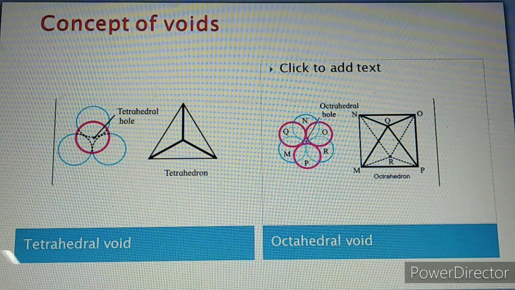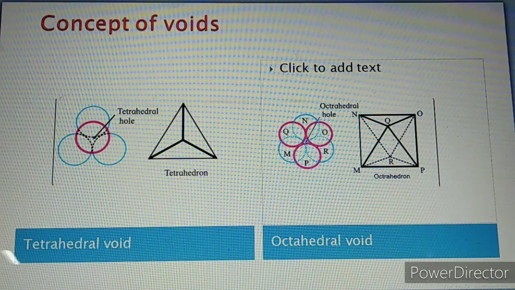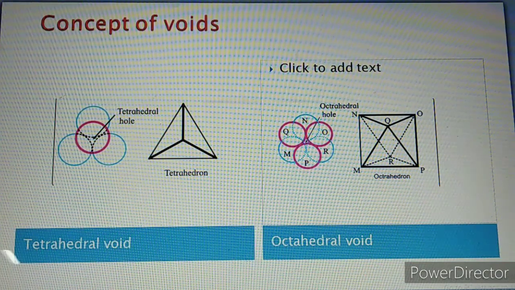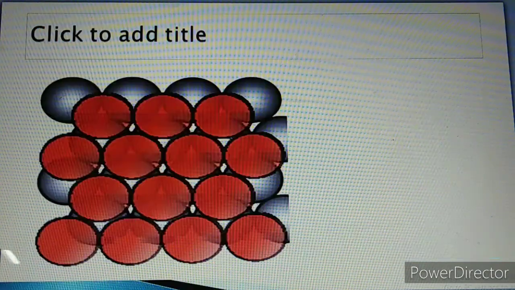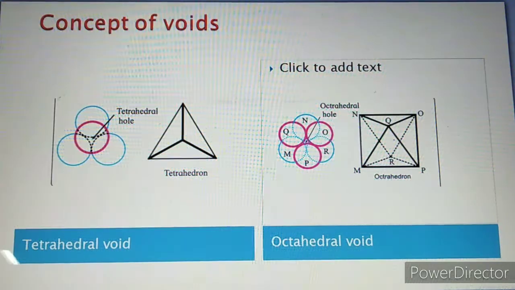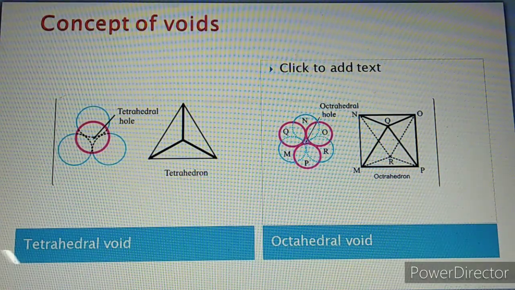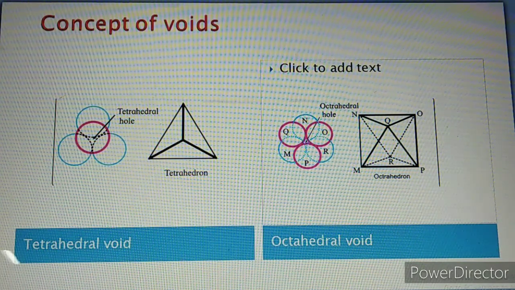When they are overlapped, then there is the formation of the octahedral void. So this is the concept of how tetrahedral voids and octahedral voids are formed. And this is the concept related to hexagonal close packing and square close packing in 3 dimensions. So the diagrams for this 3-dimensional hexagonal packing are over here, and how tetrahedral voids and octahedral voids are formed. This concept is also mentioned on the PPT.